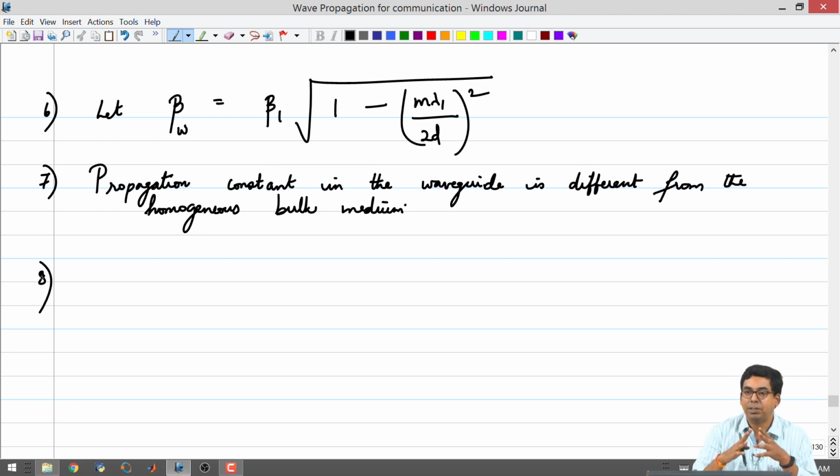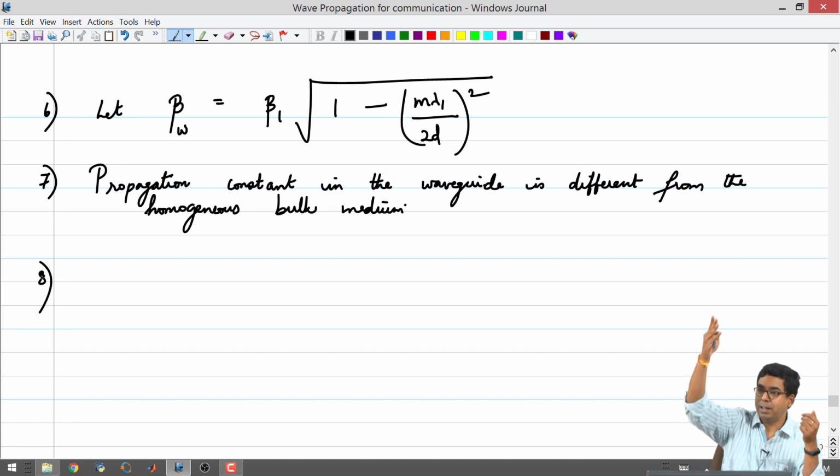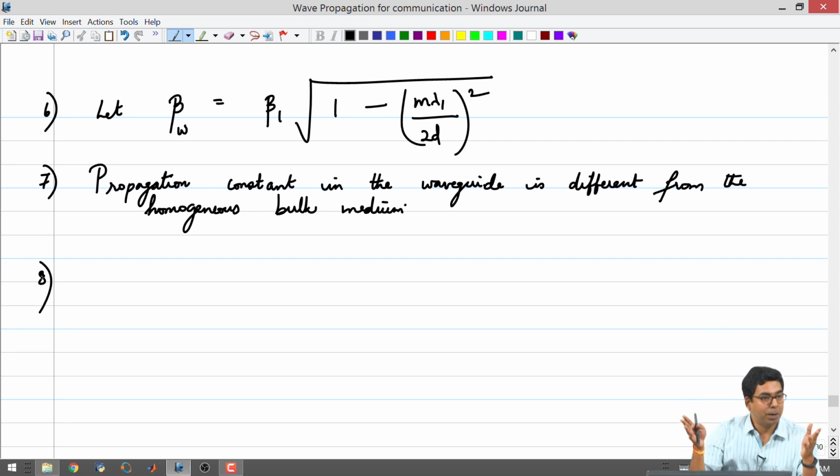The angle of launch, previously you had no restriction, you could launch wherever you want. By putting the second plate, in order to satisfy the boundary conditions, you have to launch it at certain angles only, for you to get a travelling wave in the x direction and have all the boundary conditions satisfied in the z direction. So, a lot of restrictions have come into place. But what does all this mean?